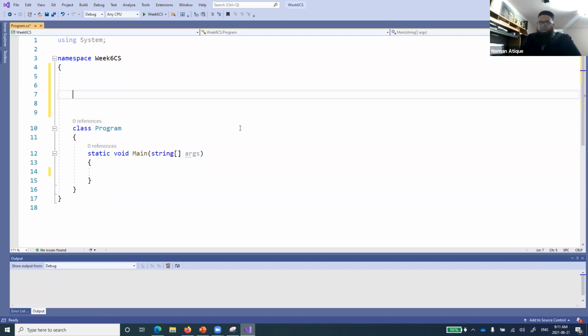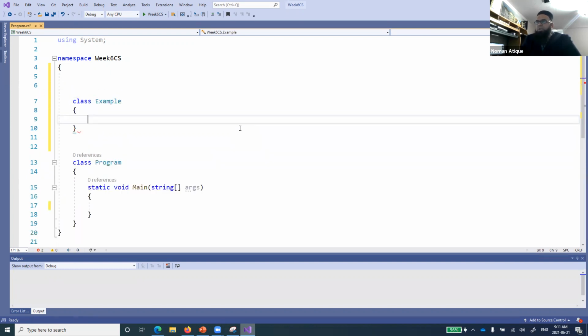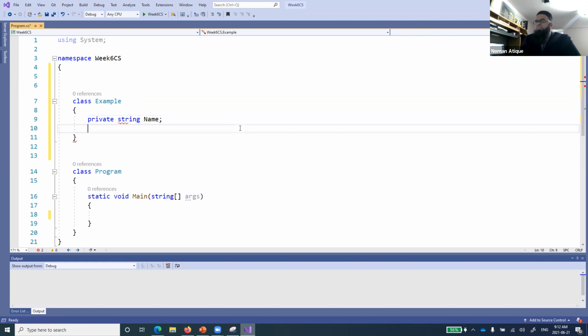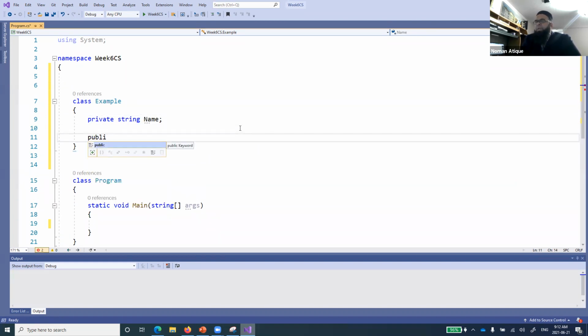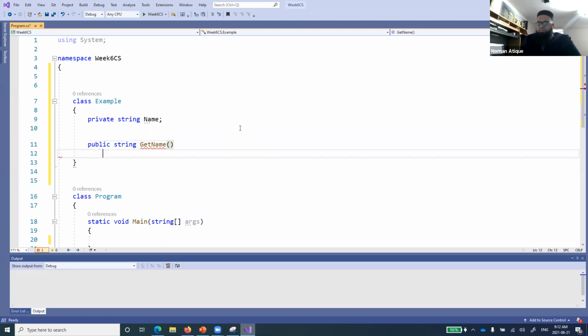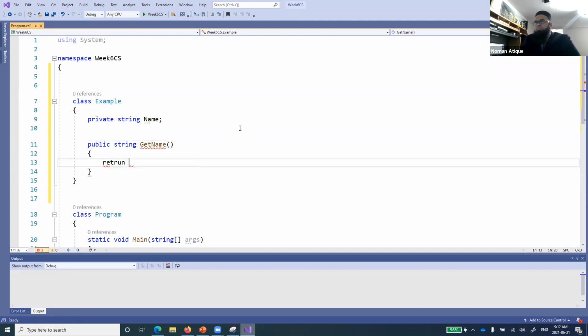So now let's define a class, and I have called this an example class, or maybe you can call it whatever. It has a private member string name, and I'll build upon this one. Public string get name, return name.